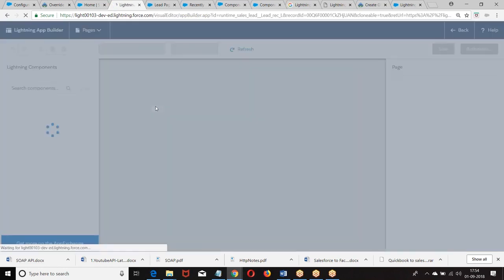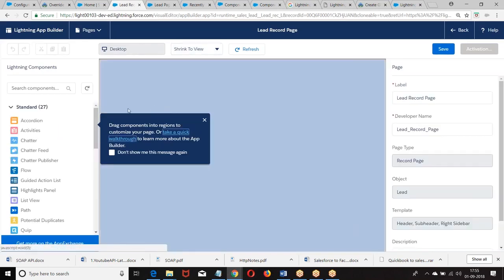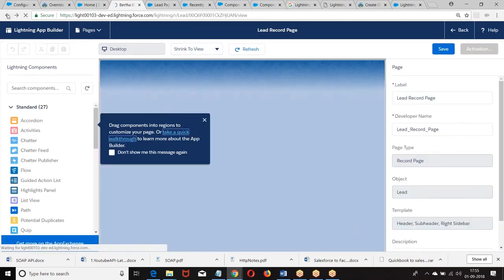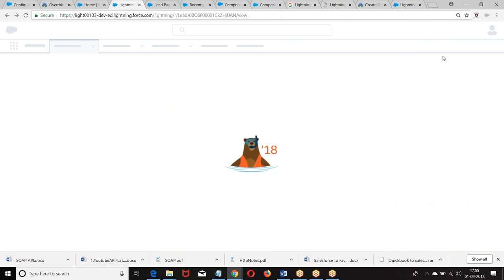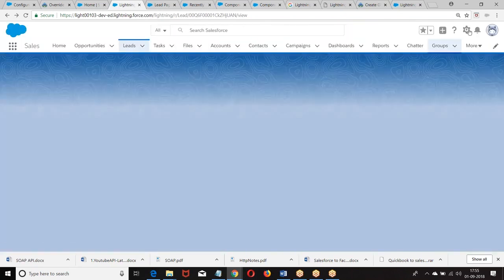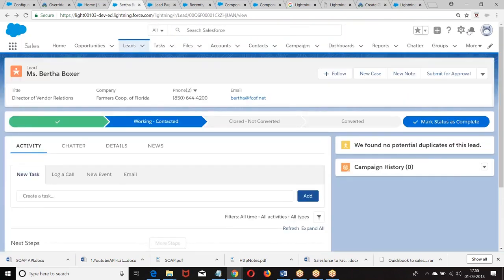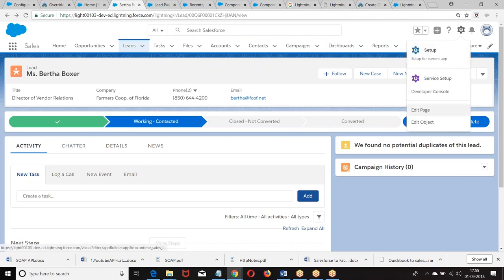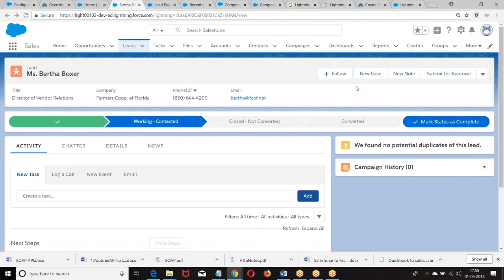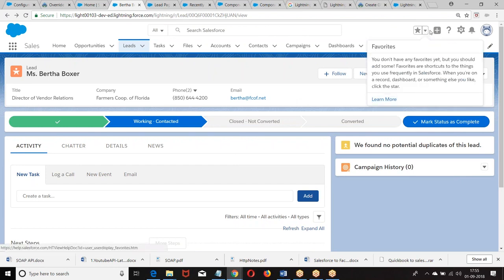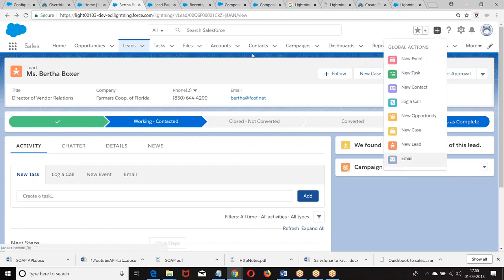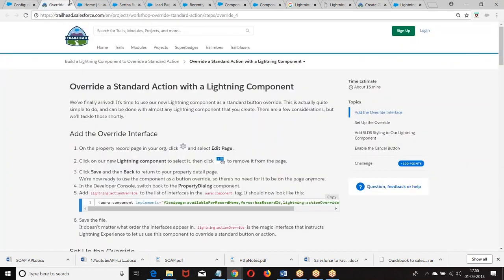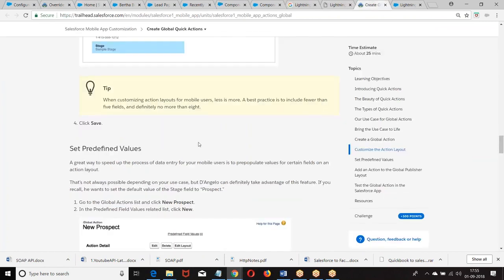Edit page. It was supposed to be added here. There is some bug from my end. Let me check what the bug is.